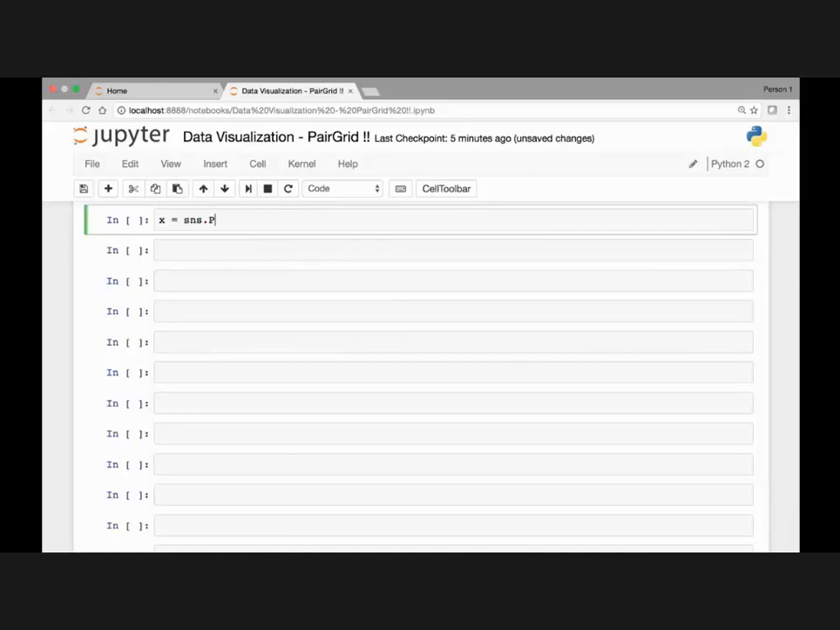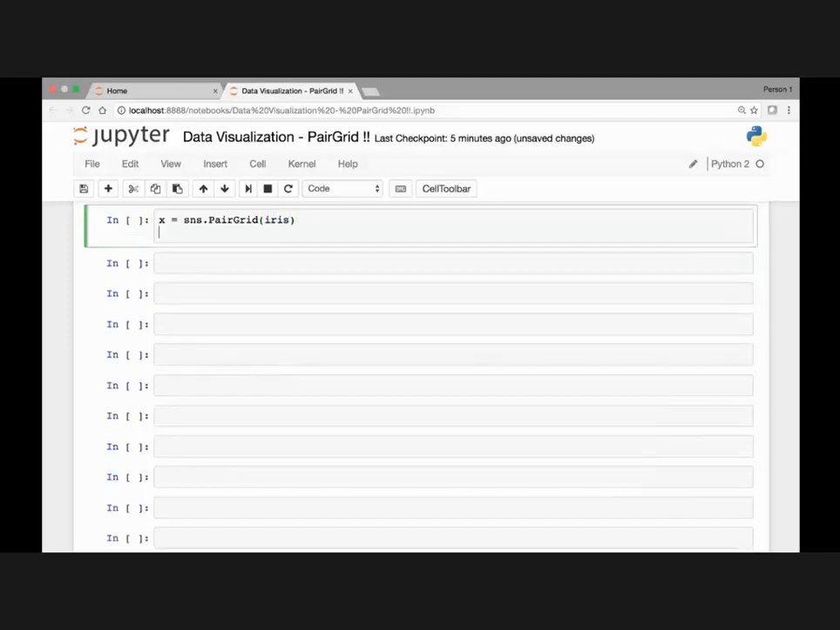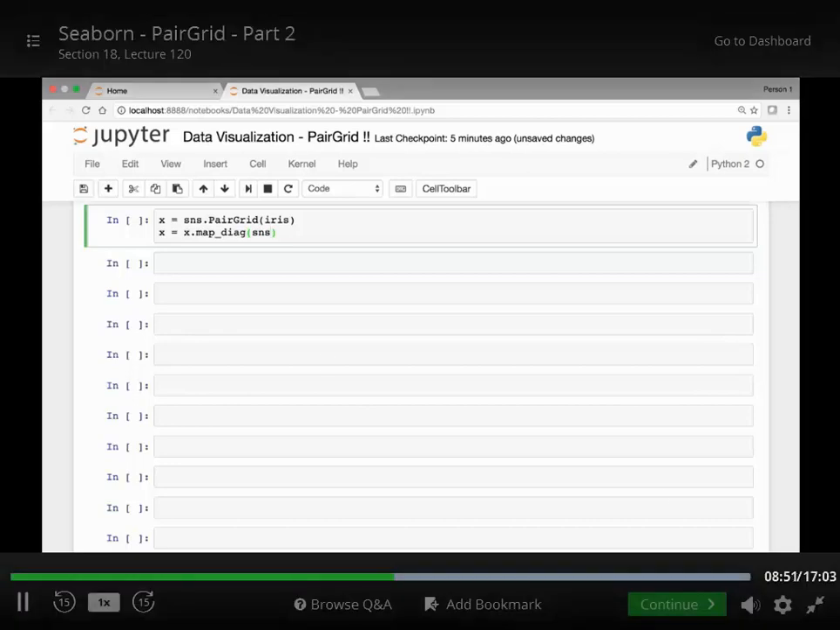Okay, so as usual, we start by calling the PairGrid function, and then we'll pass the iris dataset. Next, let's call the diagonal function, x.mapDiag, and let's use a different plot for our diagonal. Let's use a histogram, so plt.hist,